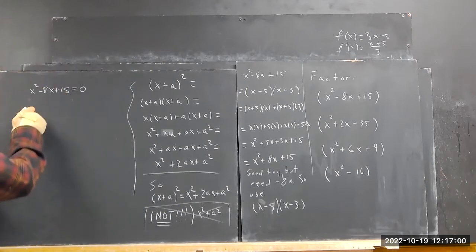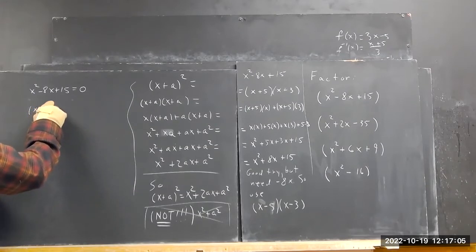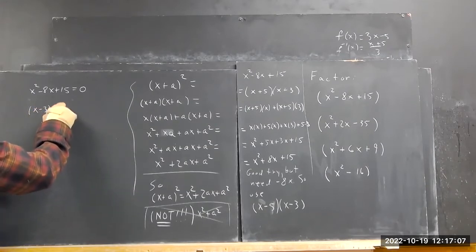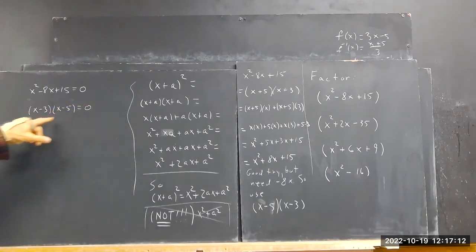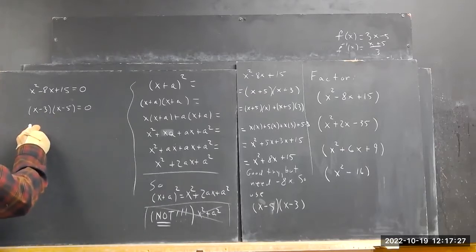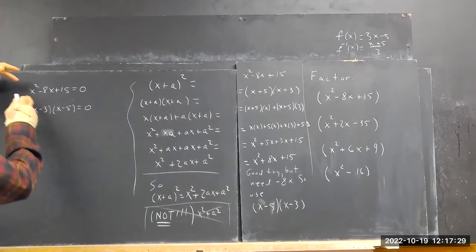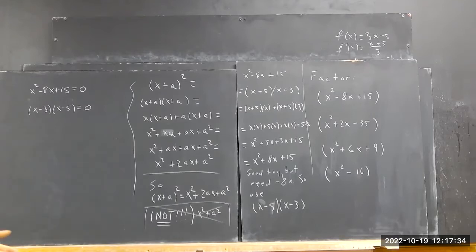But if you can factor it, you write this as x minus 3 times x minus 5 equals 0, because we've already factored this. We know that's x minus 3 times x minus 5. We're probably tired of the fact that that's x minus 3 times x minus 5, but we're using it because it should be familiar since we did it pretty extensively earlier. So point is, take this, we factor it. Now